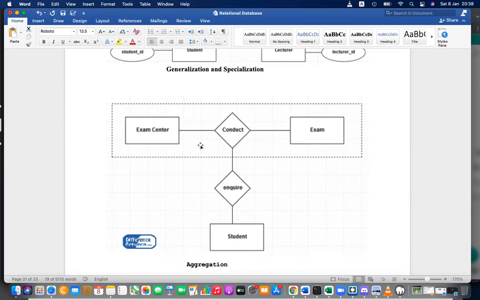The exam center and exam combine to create the exam, where the student inquires about the exam. So that is called aggregation. Generalization, specialization, and aggregation are the things in the EER model in addition to the ER.